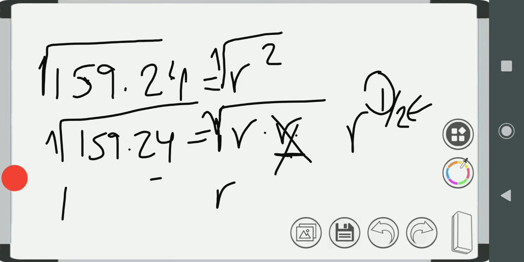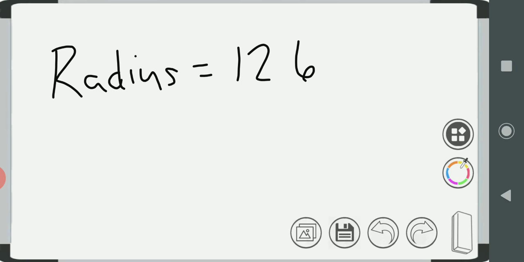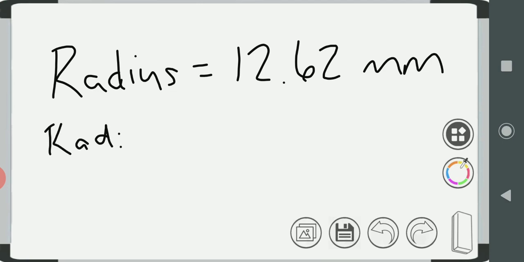12.62. So in this case the radius is equal to 12.62, and I believe we were doing millimeters. Oh, it does not want to put a dot for me. Okay. And if I want to find the diameter of this, remember